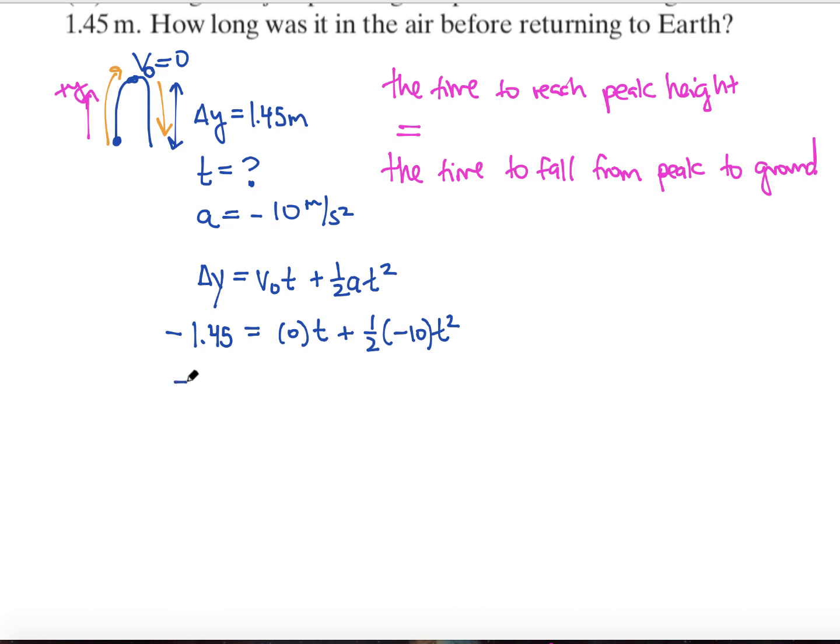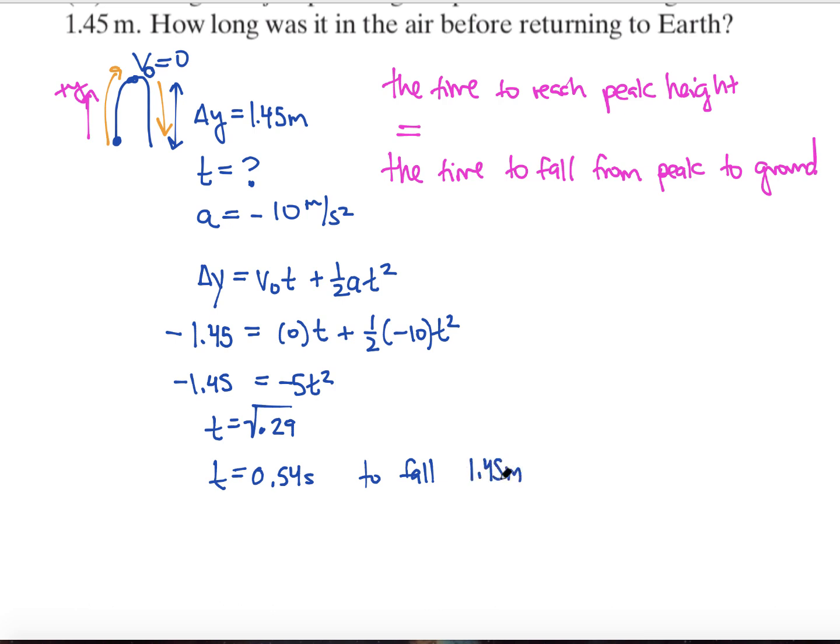So I end up with negative 1.45 is equal to negative 5t squared. So t is going to be equal to the square root of 0.29. And so that time is 0.54, we'll say. So 0.54 seconds. So this is to fall